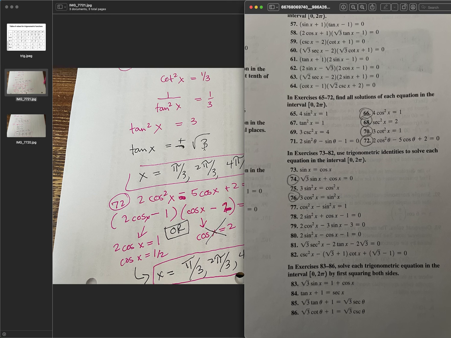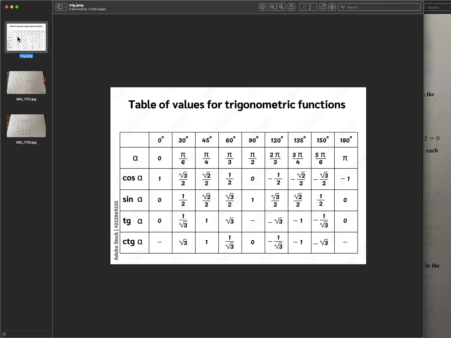and I've got plus or minus the square root of 3, and this is for tangent. I always say TAN, and that's what I've always seen too. I thought it was funny that this chart said TG. I always see TAN, but that's what it means, tangent. So square root of 3 or negative square root of 3, and that is going to be pi over 3,